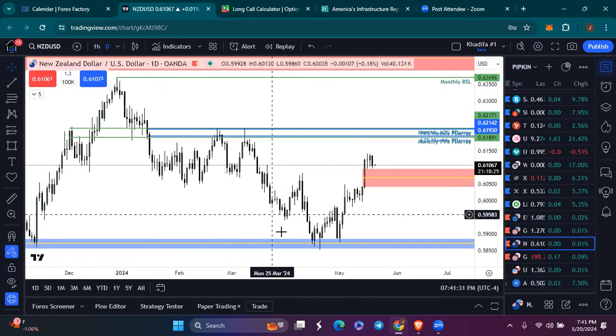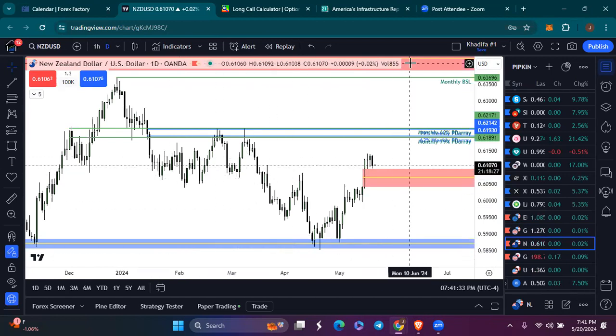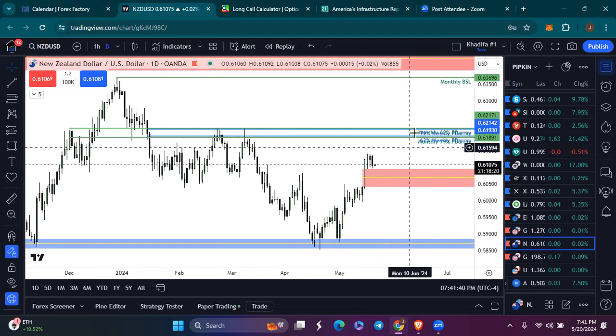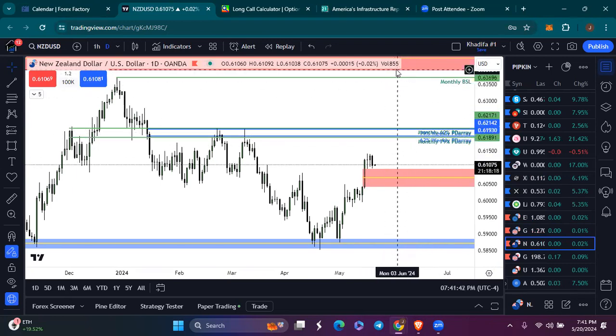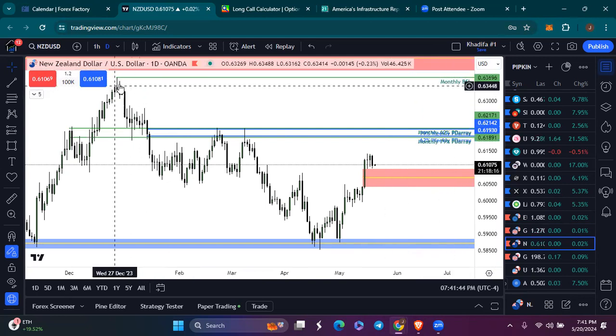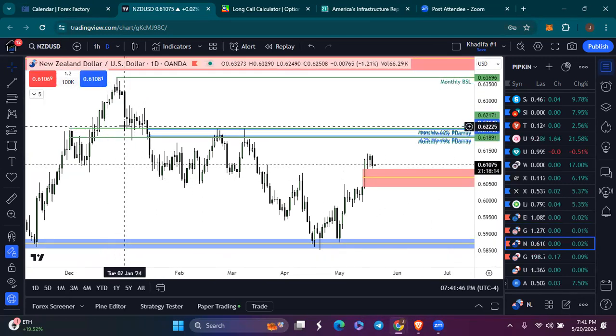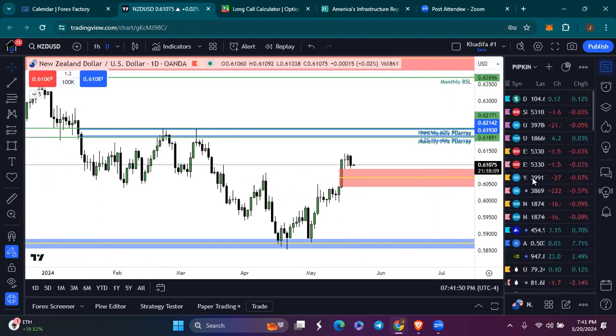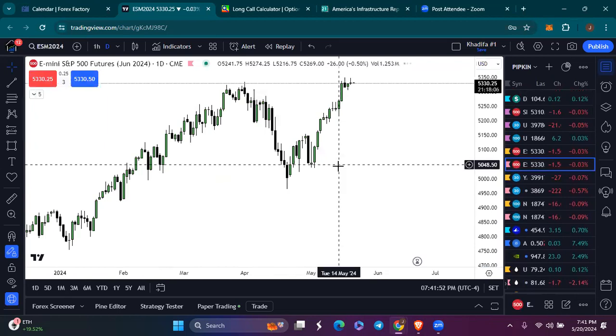So that's where I would be buying from within this zone if I was looking to buy NZD USD, right? This is a very good AMD setup here: accumulation, manipulation, distribution. So yeah, I definitely want to see NZD run these weekly PD array levels and get up here to this monthly buy side liquidity. Cool beans. Last but not least,